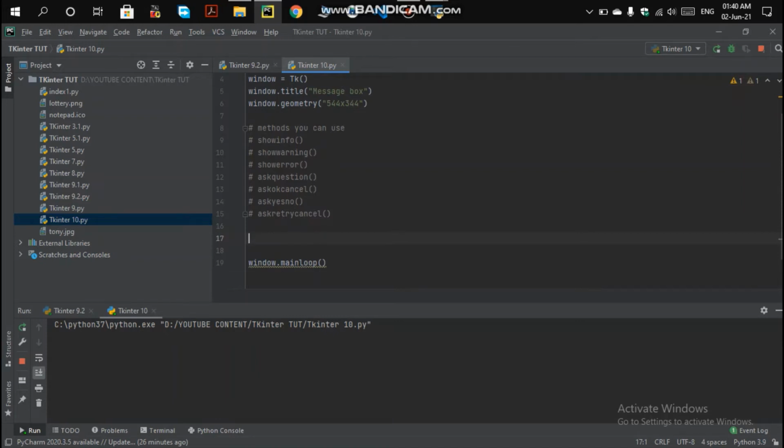Okay, so let me give you a hot tip here. The hot tip is that only the ask question method returns two values. Remember this point, that the ask question method returns two values. The no button and the cancel button return nothing. So first of all, make it a hot tip. And let me give you one extra hot tip, that there is an option of type abort retry ignore. This is a method of that type. Let me tell you about it in the video again in the upcoming minutes.